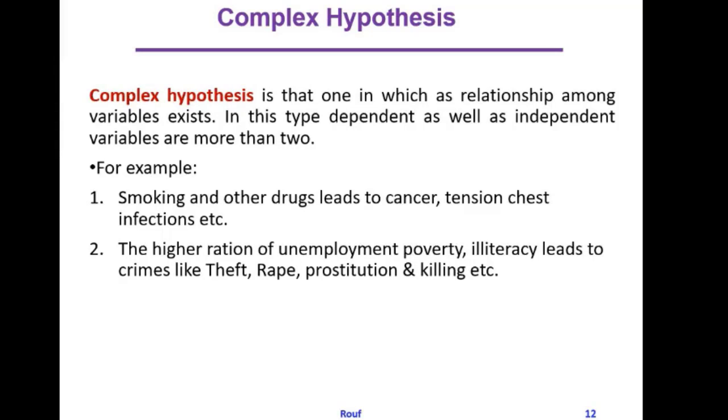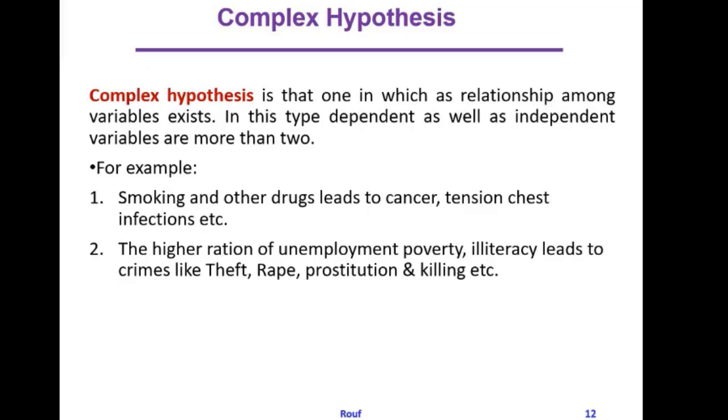Complex hypothesis. What is a complex hypothesis? A complex hypothesis is one in which a relationship among several variables exists. In this type, the independent as well as the dependent variables are more than two. For example,